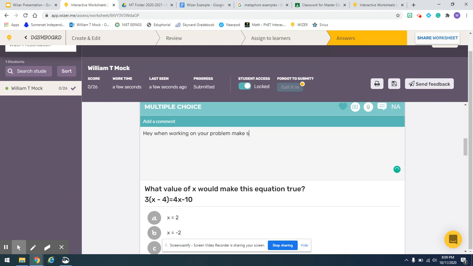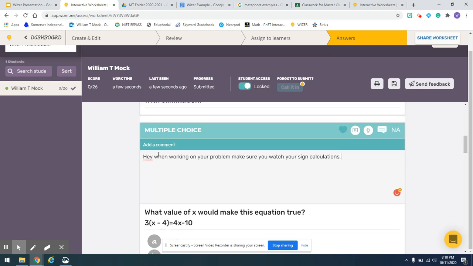Make sure you watch your sign calculations. Okay. And then you change that up a little bit. When working on your problem, make sure you watch your sign